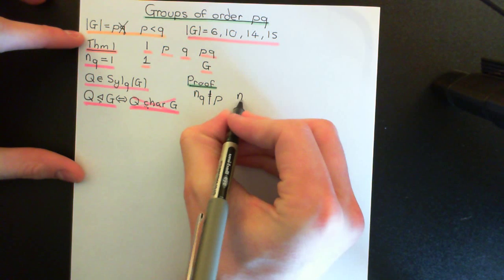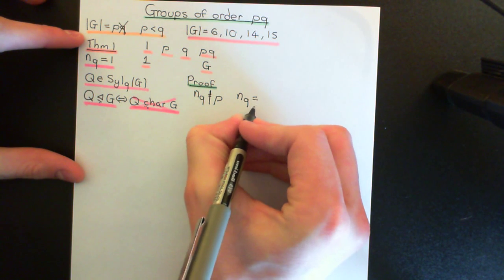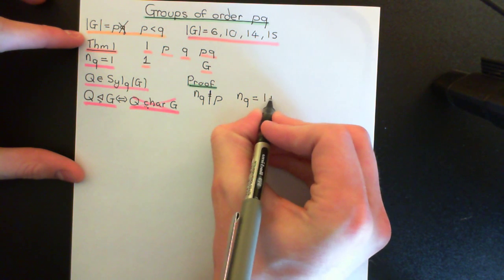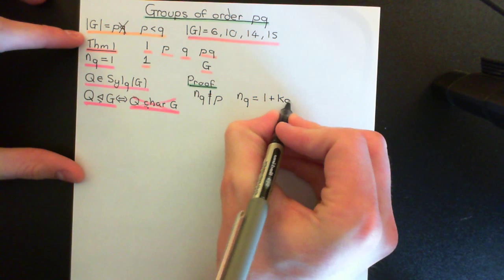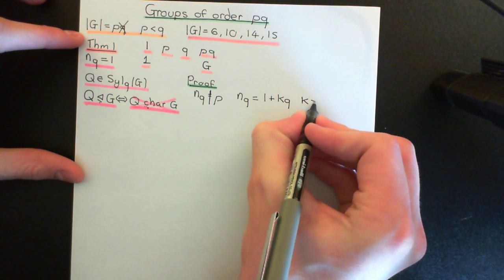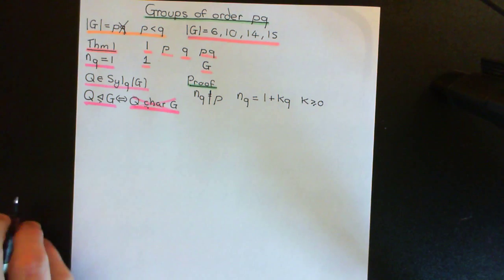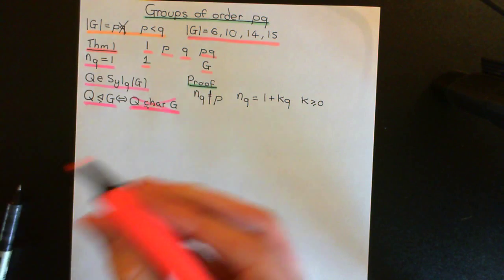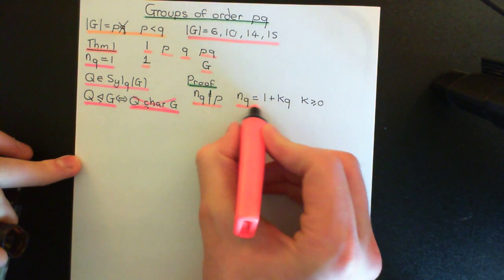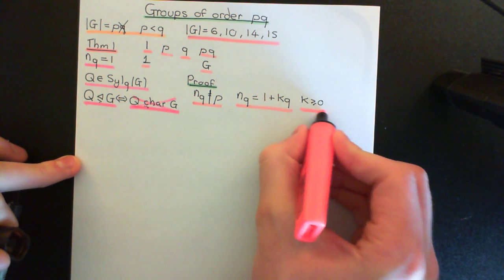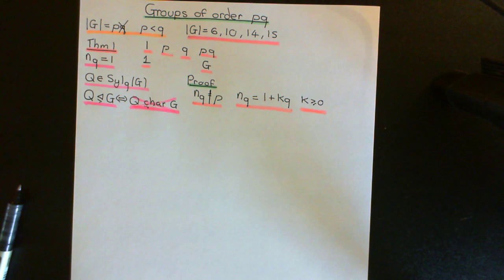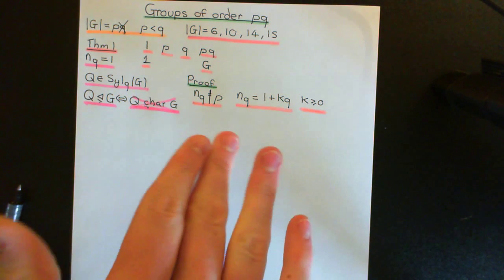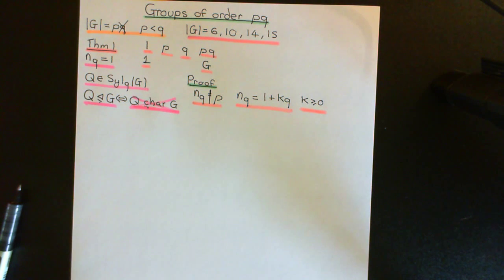Okay, it also tells us that NQ must be congruent to 1 modulo Q, i.e. it must be equal to 1 plus a multiple of Q, 1 plus KQ, where K is greater than or equal to 0 here. Okay, so those are the two things that I know from the third Sylow theorem. Now, I claim that I can actually get some very useful information from this, and this is a really nice example of actually being able to use the third Sylow theorem to do something, because when you learn the third Sylow theorem, you kind of, well, at least I kind of felt,